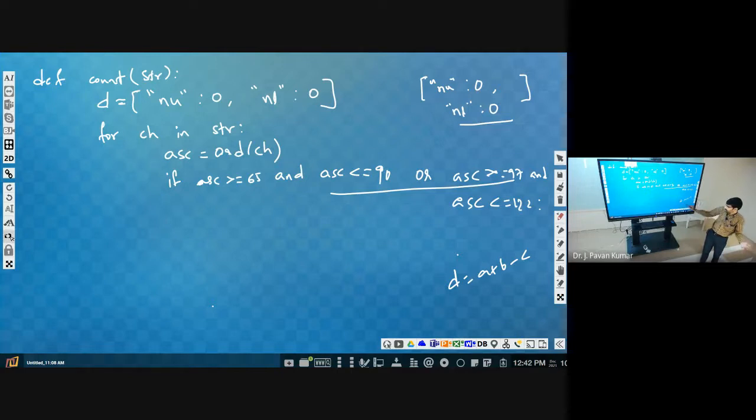What are those? Plus, minus, and the assignment operator equal to. Now, out of these, the assignment operator has the lowest priority, so we need not consider it now. Plus and minus have the same precedence.